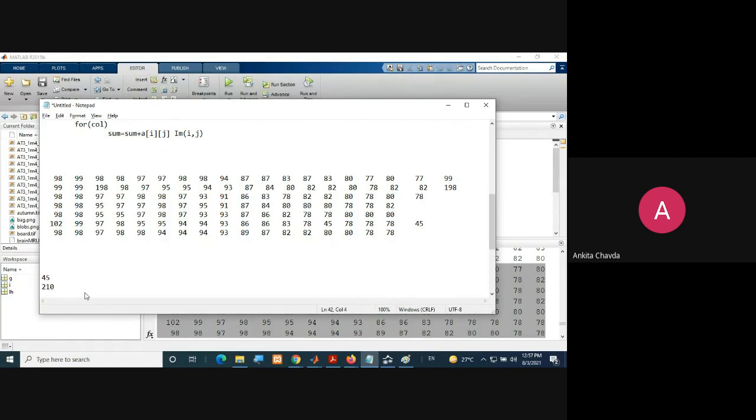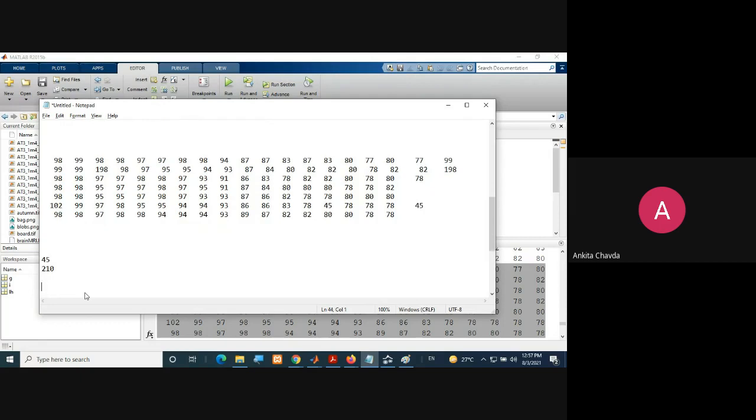This is the maximum value among all your pixel intensities. So you got your L and H, right? Low and high. Low is 45, high is 210, like this. And we will apply the slope formula, then find the intercept, then put that in y is equals to mx plus c, right? So this is how we are working. Okay.